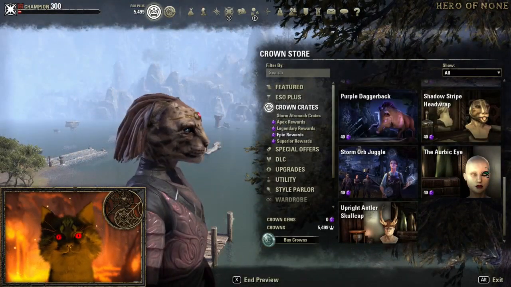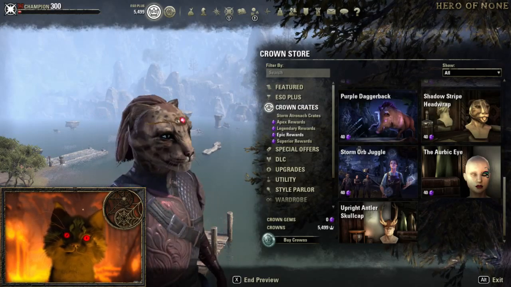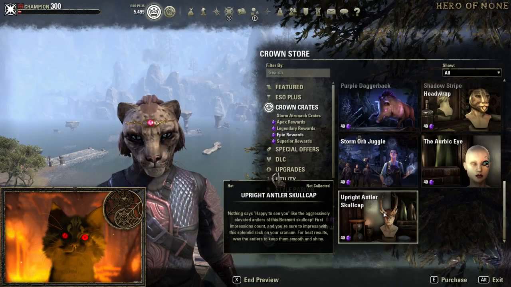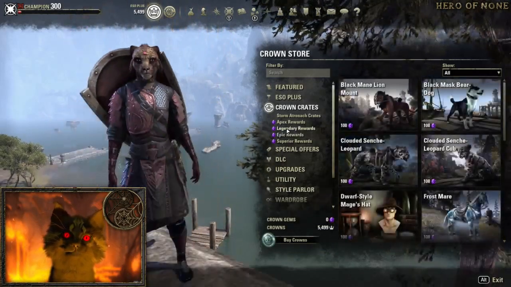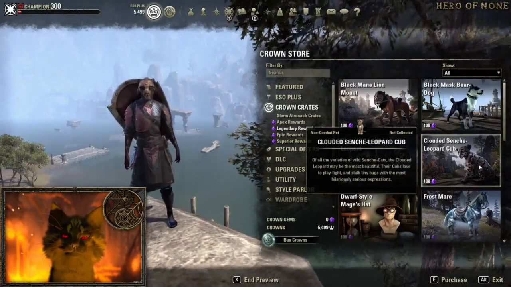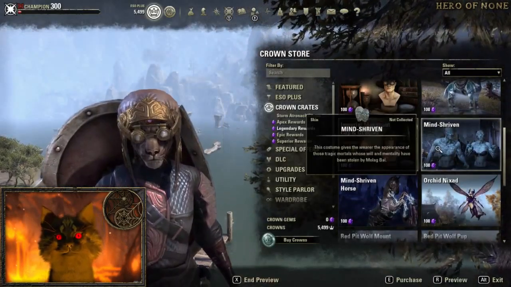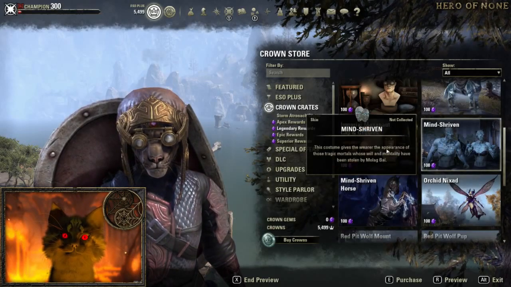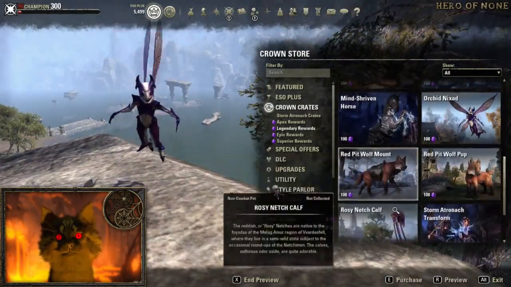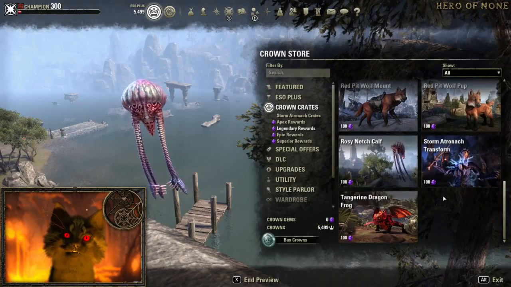And stripes. Let's see. I don't even see what that does. Well. Stormglobe Juggling. Antler Skulls. Whole bunch of mounts. So you want a Lion, Black Dog, Cloud Sinich, Cub, Dwarf Style Ad, Frostmare, Gap Goggles, Soul-Shriven Horse, Nixed, Red Pit Wolf, Netch, Sturmatronach Transformation,